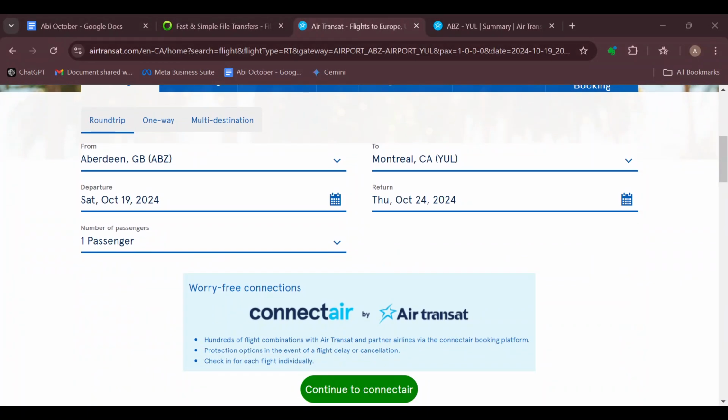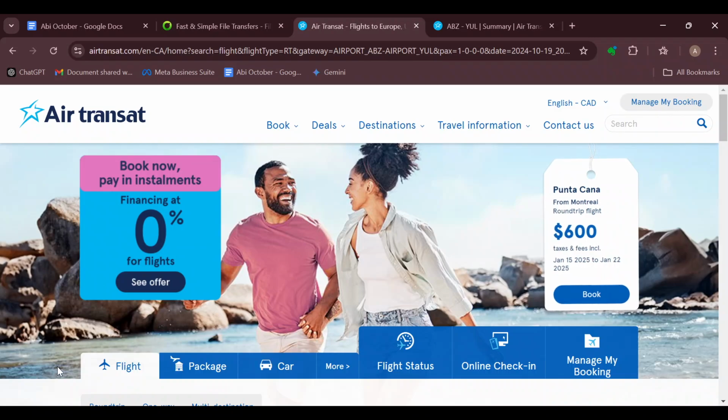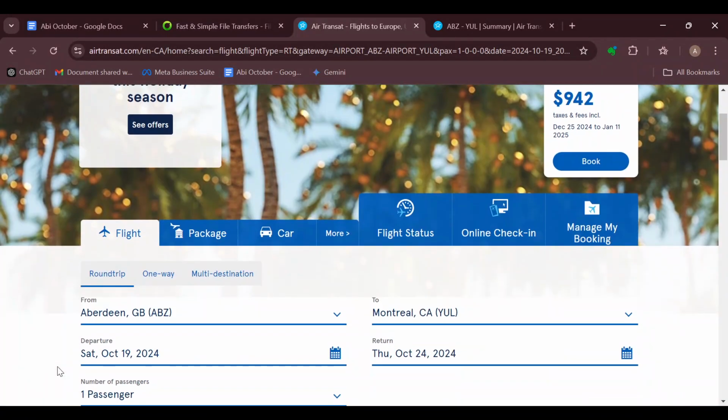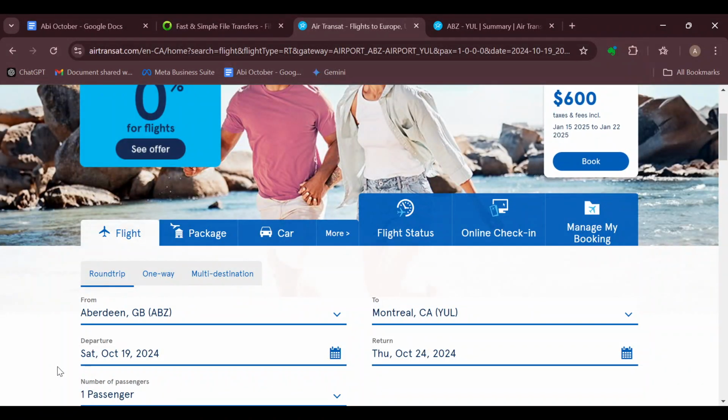The first step is to start by booking your flights through your Air Transat website. So this is the Air Transat website. Then the first step is for you to book your flights. So after booking your flights already and then you want to upgrade to the club class, all you need to